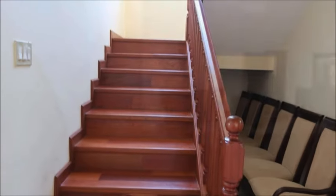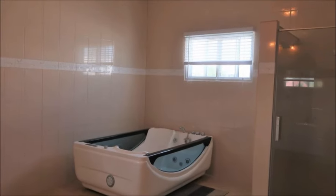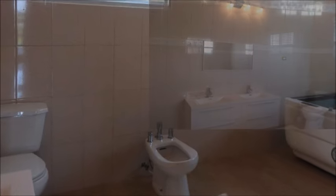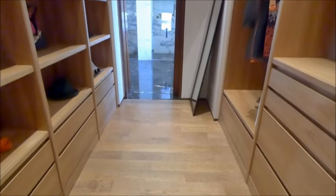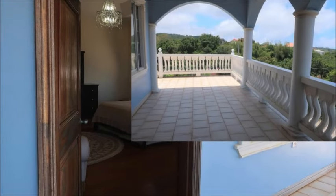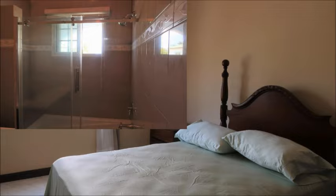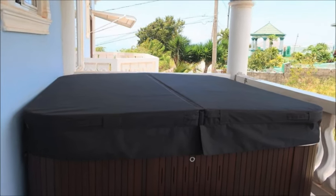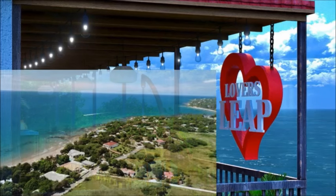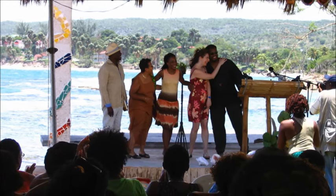The upper level enjoys a great master suite comprised of a large bathroom with a jetted tub, shower, bidet, and double sinks, huge walk-in closet, expansive bedroom, opening to a wraparound patio, three other bedrooms, two bathrooms, and a second patio with hot tub. The property is within proximity to Lover's Leap and Treasure Beach, famous for the Calabash International